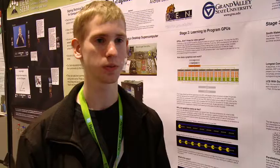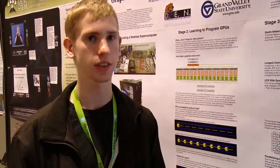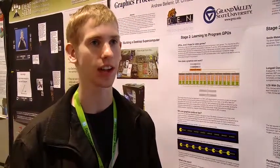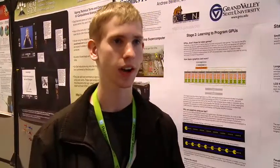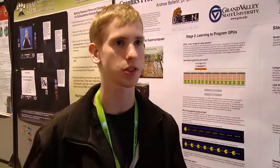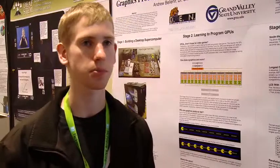We wanted to work on something that involved the latest and greatest in computing, and looking at all sorts of online forums and such, that looked to be GPU processing. Just because when you think about it, you've got one card with over 100 cores on it. Well, what if we parallelize these cards? What if we try to get a cluster of these cards working together? That presents a lot of challenges, but if you can get over those, then you're going to see phenomenal performance